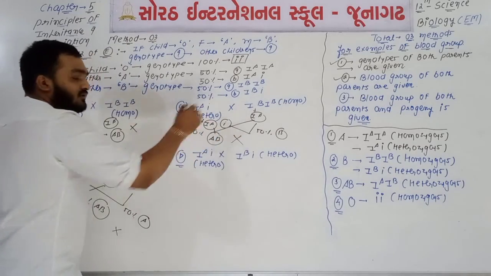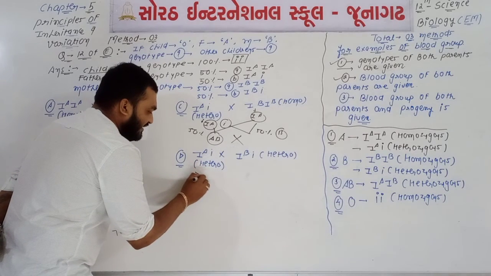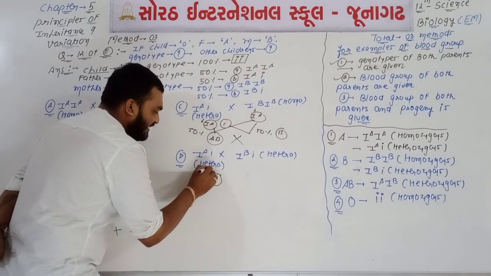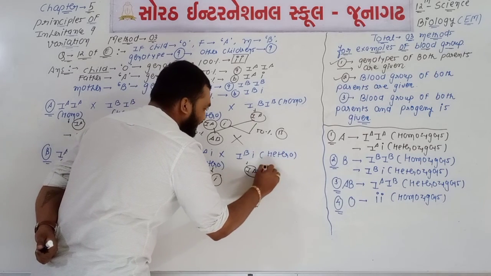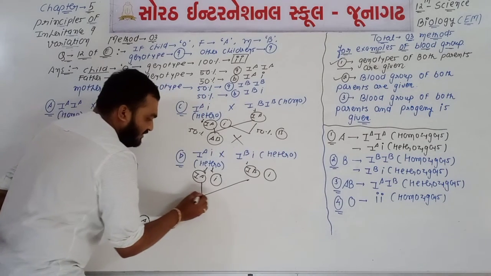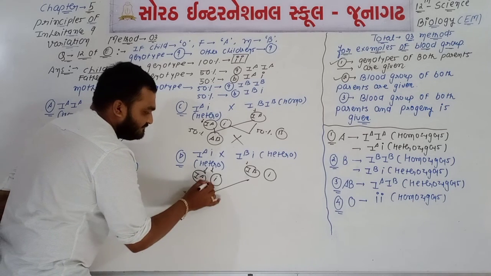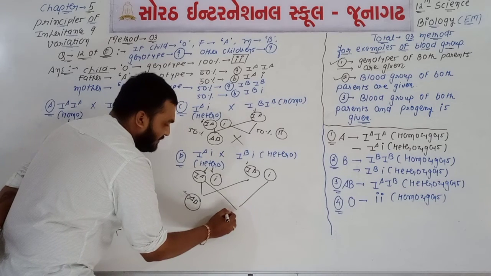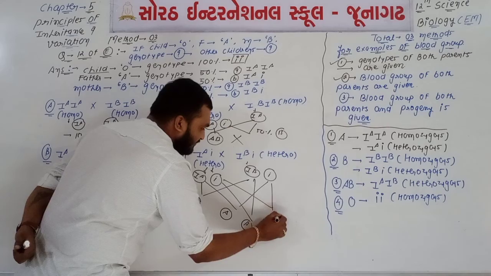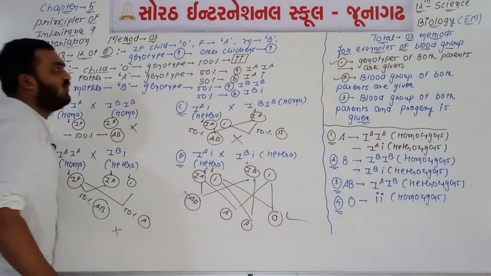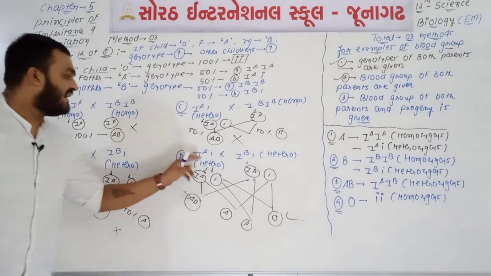Because we have to take O here. Here we have 50% IA and 50% small i, 50% IB and 50% small i. This one is blood group AB, this is blood group A, this one is blood group B and that one is blood group O. Yes, it is possible. So the genotype of the parents is heterozygous, IA small i and IB small i.